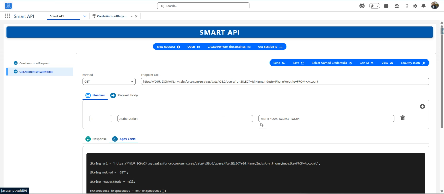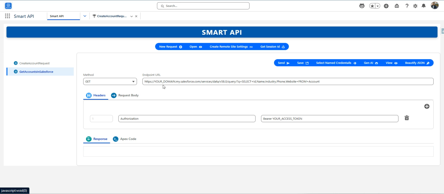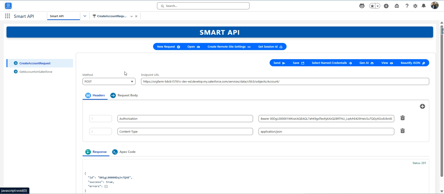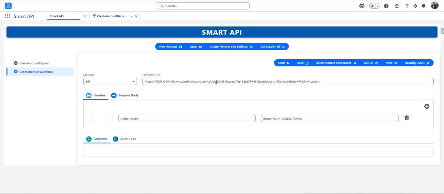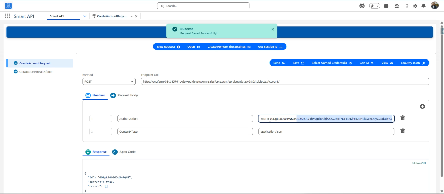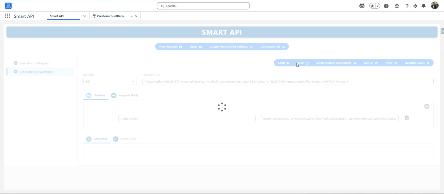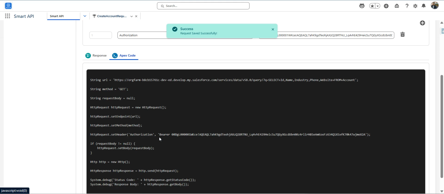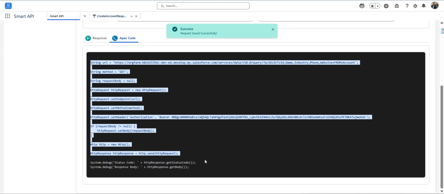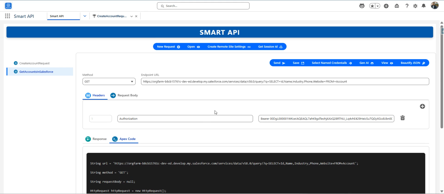We need the headers. Here we need to populate the access token, and we have to change the instance as well. Let's use the instance which we used earlier. I'll copy this same thing and paste it here. First thing, I'll save this, and I'll use the same access token. Click on save. This is the Apex code which got created. You can copy this and execute it in the developer console as well, or I can simply click on send here,